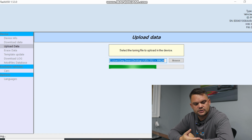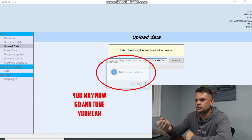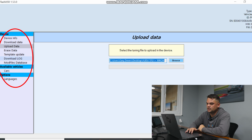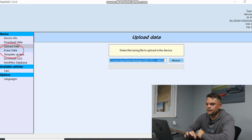At this point it's important to make you aware that you can't use the tool on multiple vehicles, it's locked to the VIN. The only time that the tool will become unlocked is if you flash your stock file back onto the car and then come into this area here and you can see it says erase data. So just to reiterate, flash the car back to stock, come into this piece of software, click erase data with